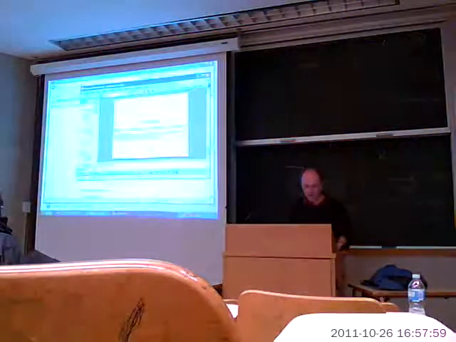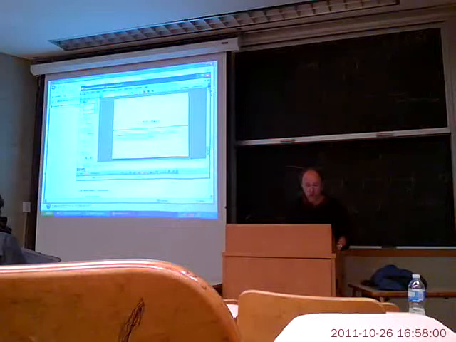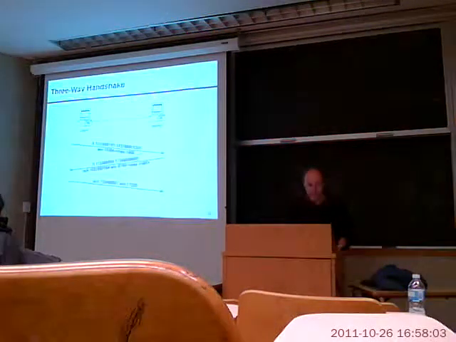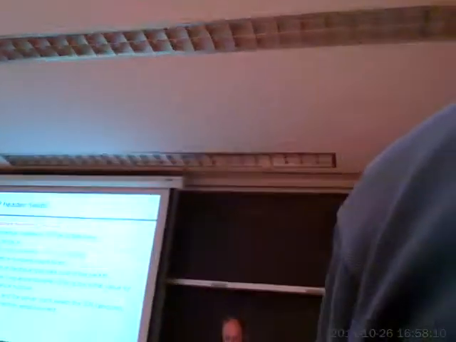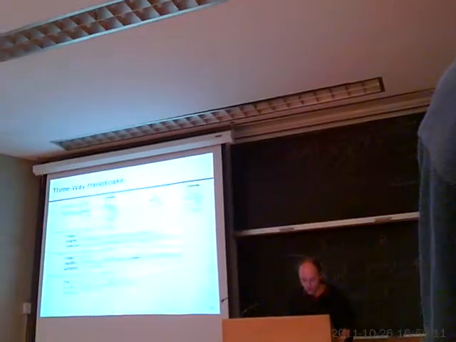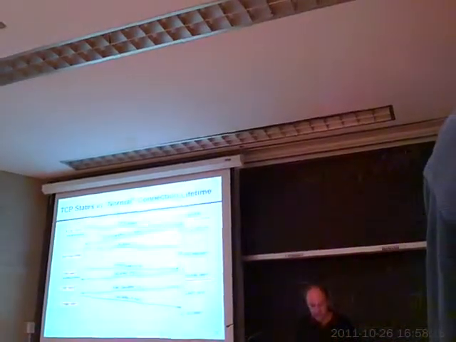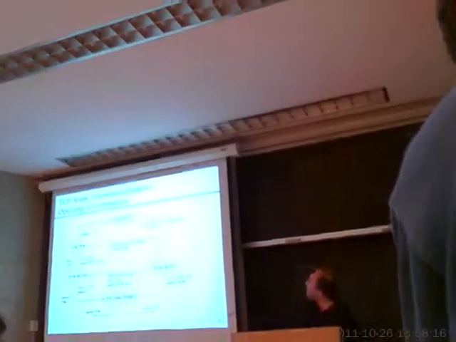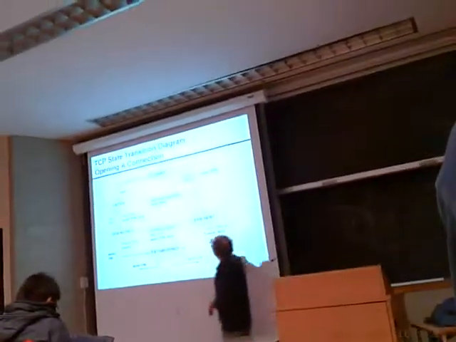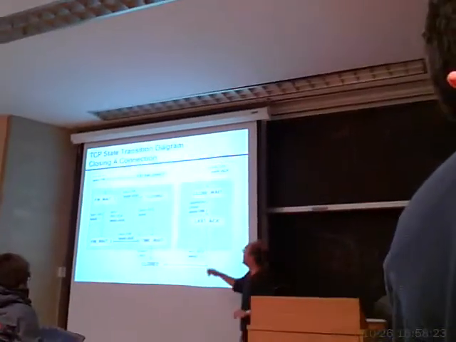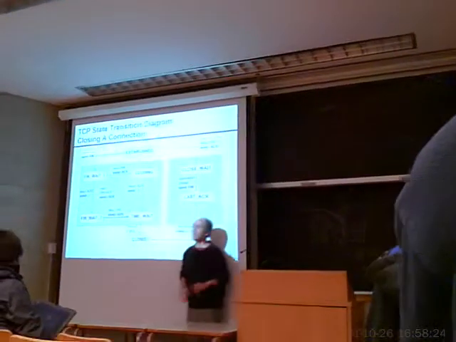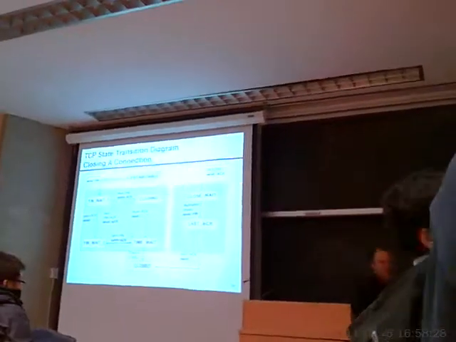The next thing I'm going to do is talk about connection management. Connection management is essentially the process of opening and closing a connection. And so this is a state diagram here. So you can get from a closed to an established connection, and there's a sequence of events that gets you from established to closed connection. We discussed that on Monday, and then we go into